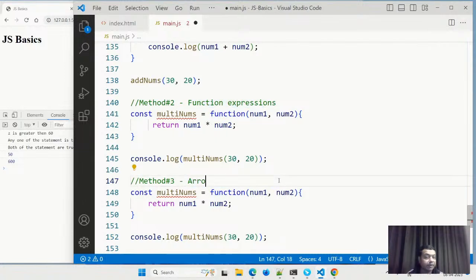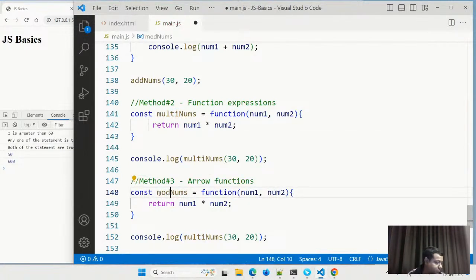Actually, JavaScript went through a major upgrade in the year 2015, and that upgrade is known as ES6, ECMAScript 6. That ECMAScript 6 adds some very cool features in JavaScript, because JavaScript was growing at an even faster rate after 2010 when Facebook came. When Facebook came, slowly everything started moving towards web apps. Nowadays, almost everything which you use is a web app. Nobody uses desktop apps much. Only VS Code and some things are desktop apps. Everybody uses web apps only. That's why there are the most number of jobs in JavaScript, because everything is a web app.